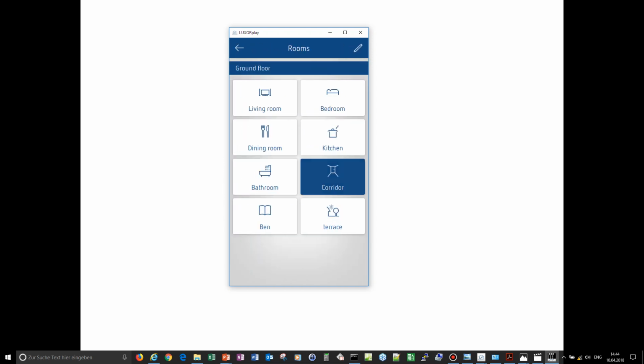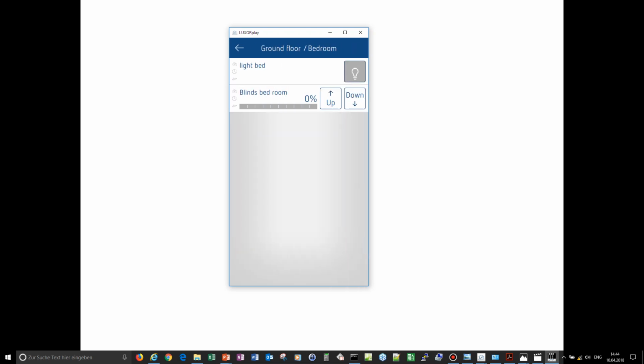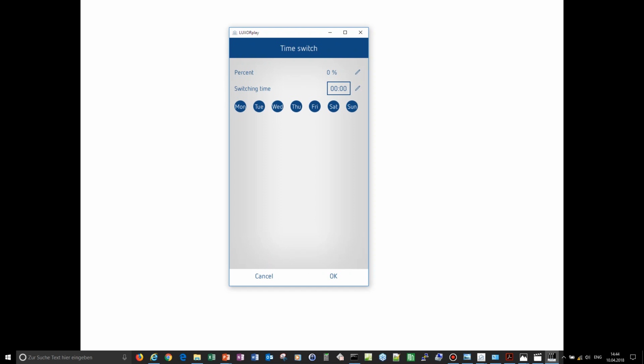In the next step, I want to configure blinds. For example, blinds in the bedroom. Here as well, I can run the blinds down or run them up. And I will do the same, clicking on the timer function. Click on plus.